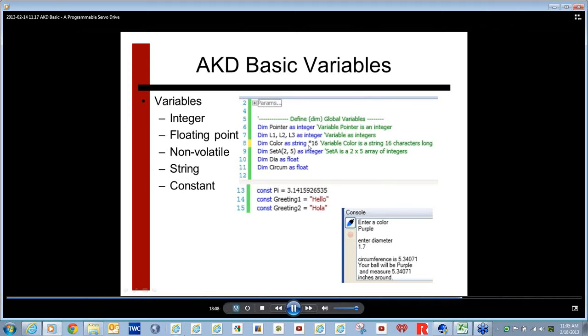I've got color defined as a string, 16 characters long. Default would be 32 if I didn't have anything there. And I believe it goes up to 80 characters maximum length. The next line I have an array defined. So a variable called set A is defined as an array 2 by 5. So that would be 2 columns wide, 4 rows tall, 2 by 5 array. Then the next 2 parameters, diameter I've got defined as floating point, circumference as floating point,